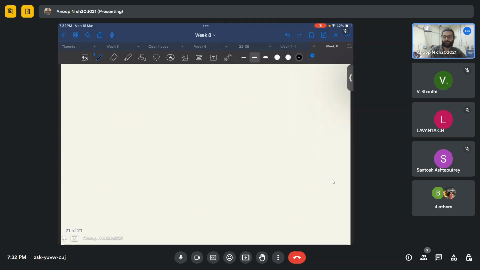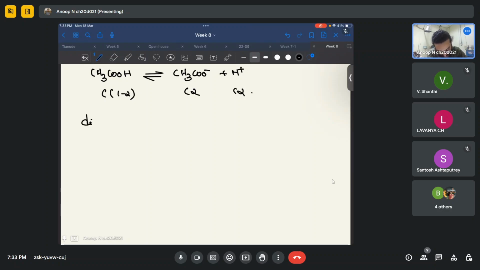How can we solve this? So it's a weak acid. CH3COOH reversibly gives CH3COO minus plus H plus. So C into some concentration has been dissociated. So it will give C alpha, C alpha. So how can I write the dissociation constant? The dissociation constant K alpha is equal to C alpha into C alpha divided by C into 1 minus alpha, which is nothing but C alpha square divided by 1 minus alpha,